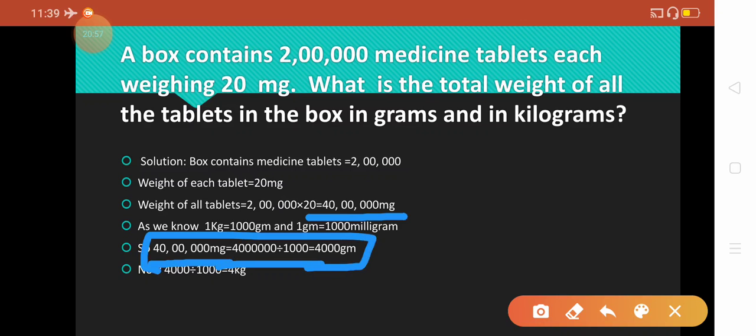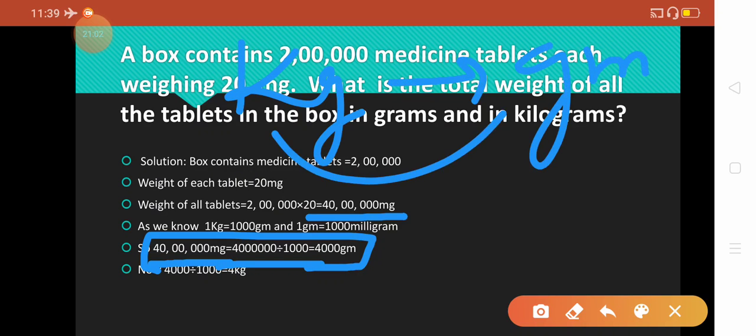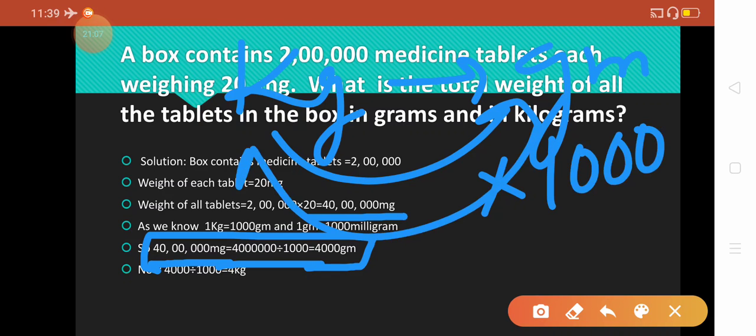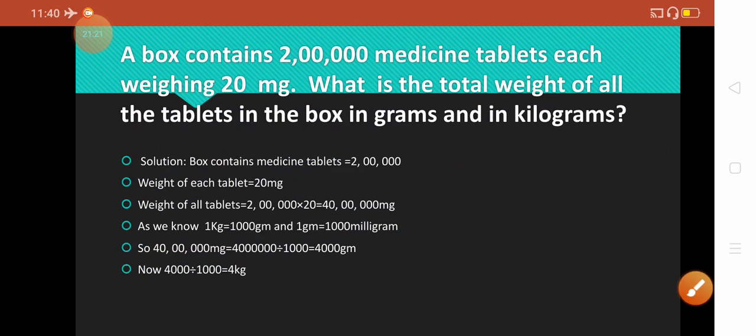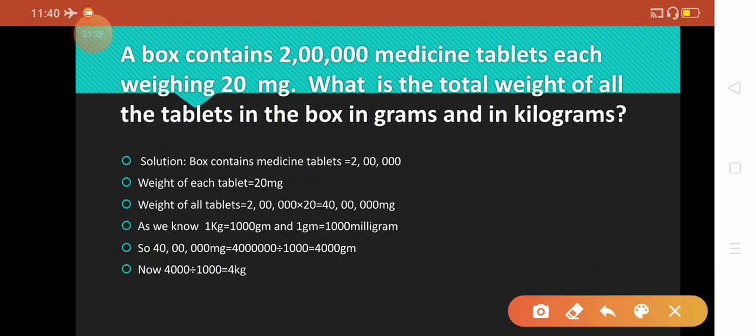Understand? Now same thing here, we have kilogram and gram. So if you have to convert kilogram into gram, left to right, you have to multiply, and if you have to go to left side, you have to divide. So here we have this value. So to convert this into this, we have to divide. So cancel, we will get 4 kg. Understand? Left to right, multiply. Right to left, divide. So this is right to left, and this is also right to left. So we have to divide.